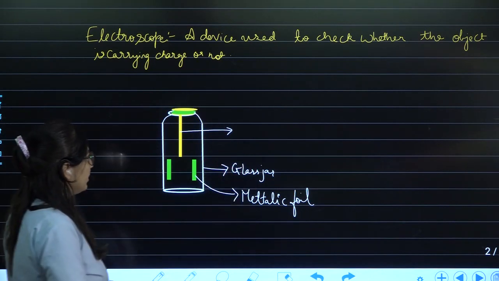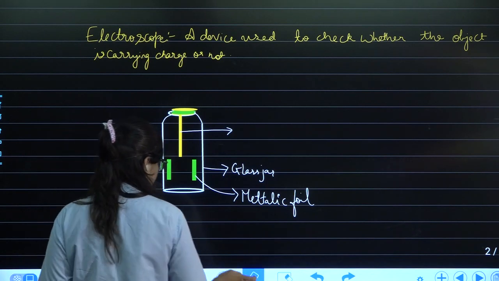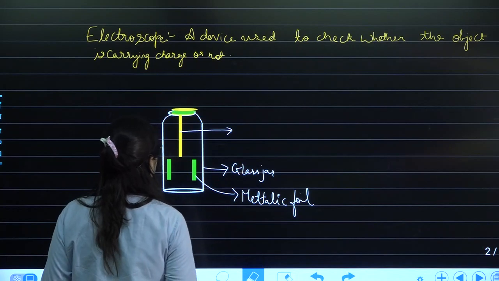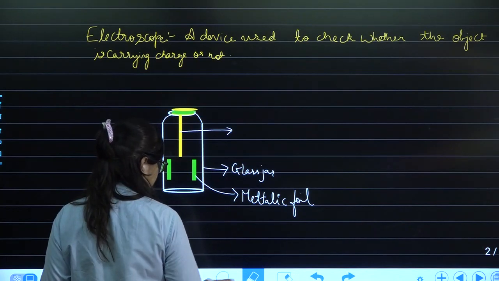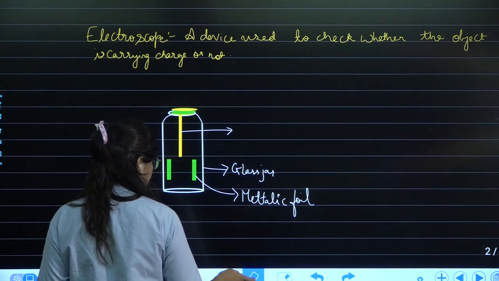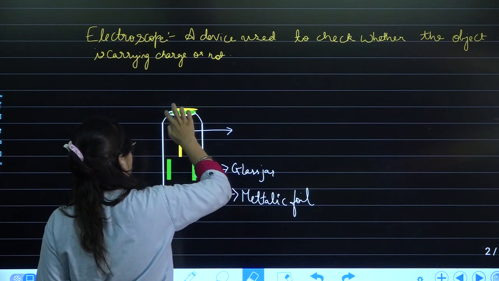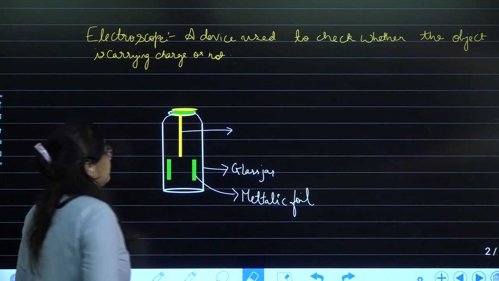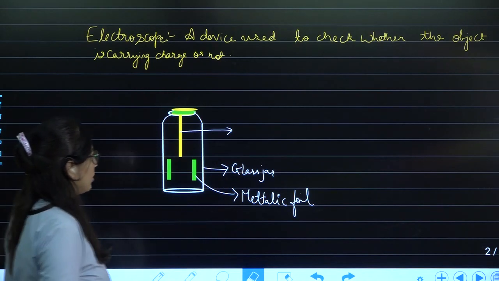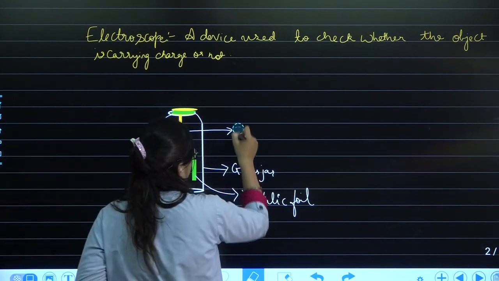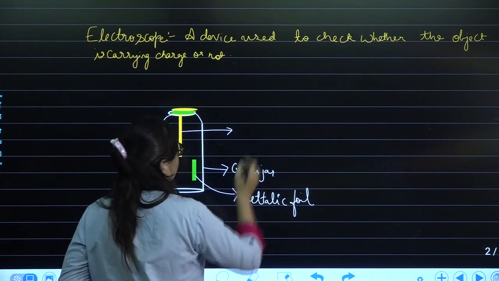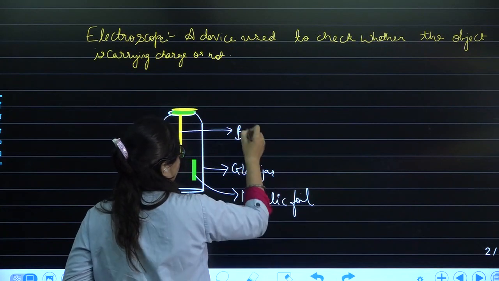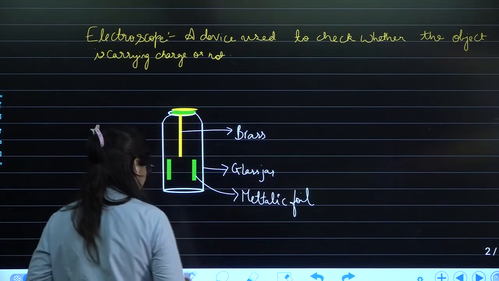A cap is given to it, and this is how it is arranged. This is the brass plate. It is made up of brass, and over here